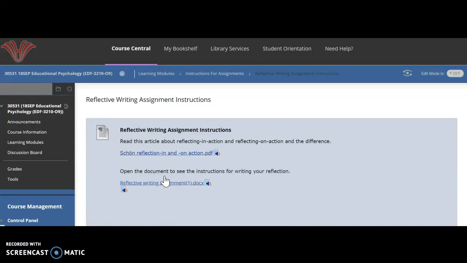Now, the question might be, when I choose a topic, can I choose the same topic for my annotated bibliography as I chose for my reflective writing assignment? And absolutely yes. It's your choice. It can be the same or not. But the difference in the two assignments is that an annotated bibliography is research-based, and the reflective writing assignment is personal experience-based. So to get more information about what it means to reflect,